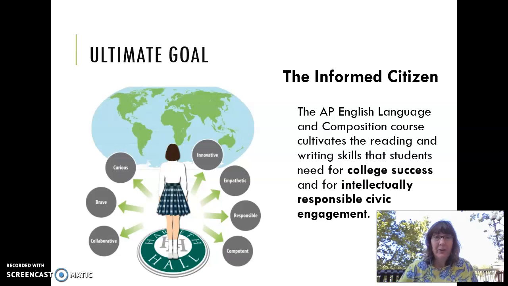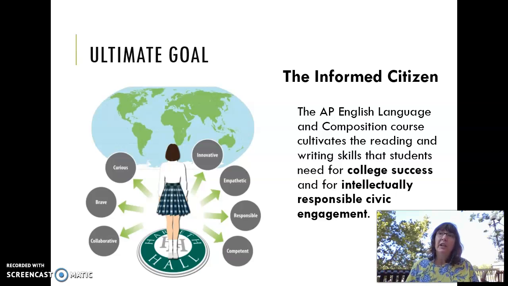Our ultimate goal is for you to become the informed citizen, if you will, somebody who is able to look out into the world and engage in it. Engage in being a citizen of the United States by voting, by using your voice, by speaking up, by persuading others. But it is a skill.